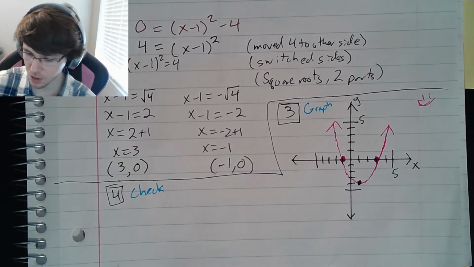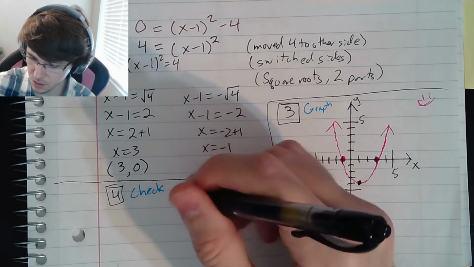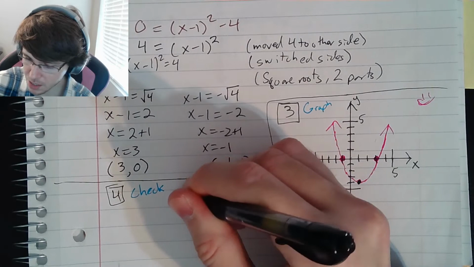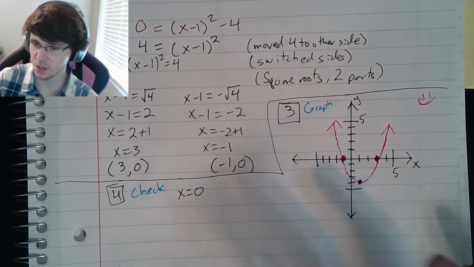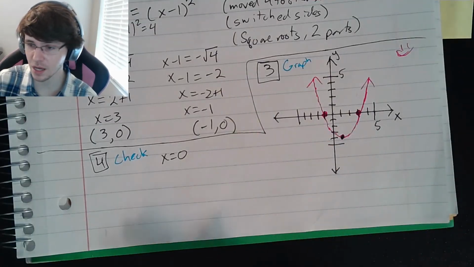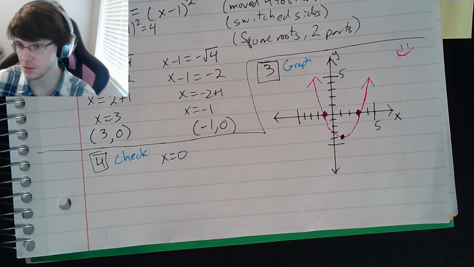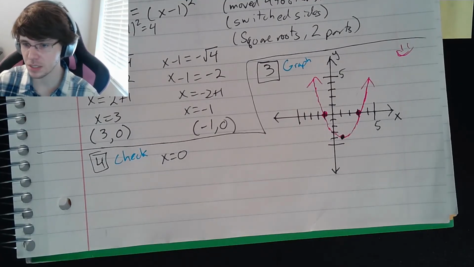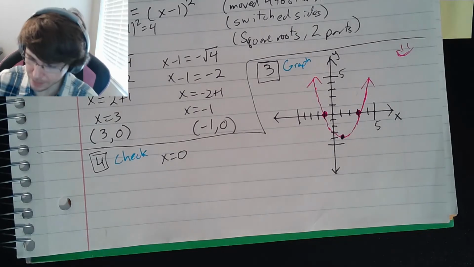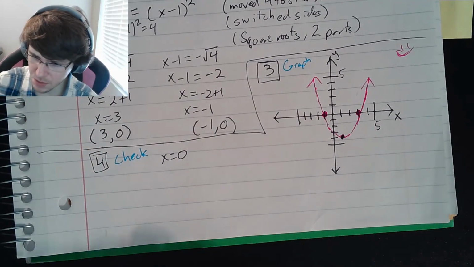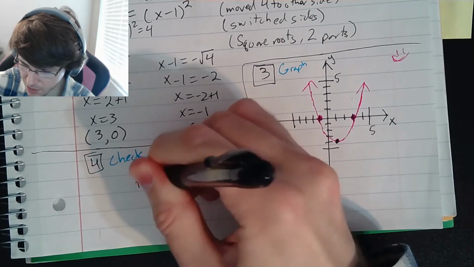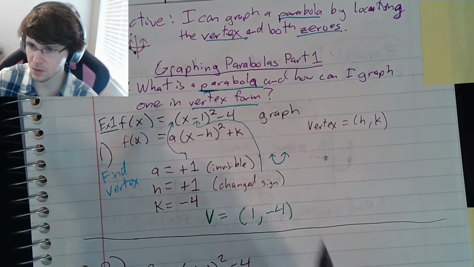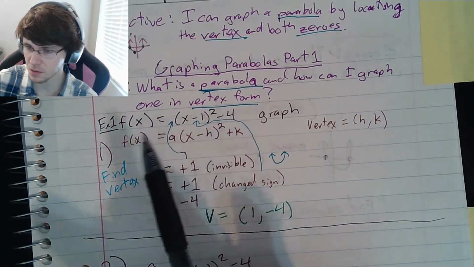So for the check, you're going to want to make x equal to 0 and see what you get. You could make x equal to 1 or 2 or 5 or something else and see what you get, but x equals 0 is consistent. So let's do that. We're going to check x equal to 0. That means we're going to be doing f of 0. Again, we are using the original equation up here. We're just replacing